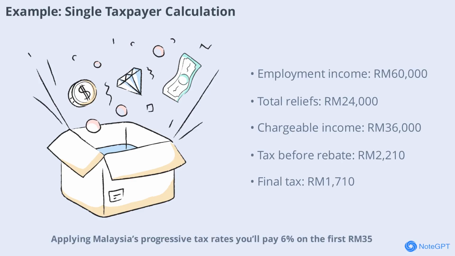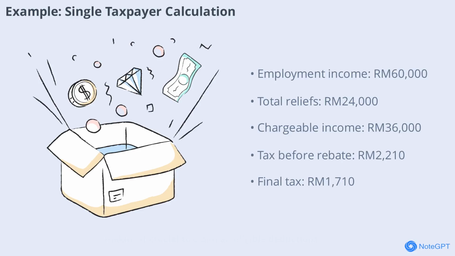Applying Malaysia's progressive tax rates, you'll pay 6% on the first RM35000 and 11% on the next RM1000, totaling RM2210 before rebates. If you've paid zakat, say RM500, this is deducted as a rebate, reducing your final tax payable to RM1710. This example shows how each step in relief directly impacts your tax bill, making it crucial to claim all